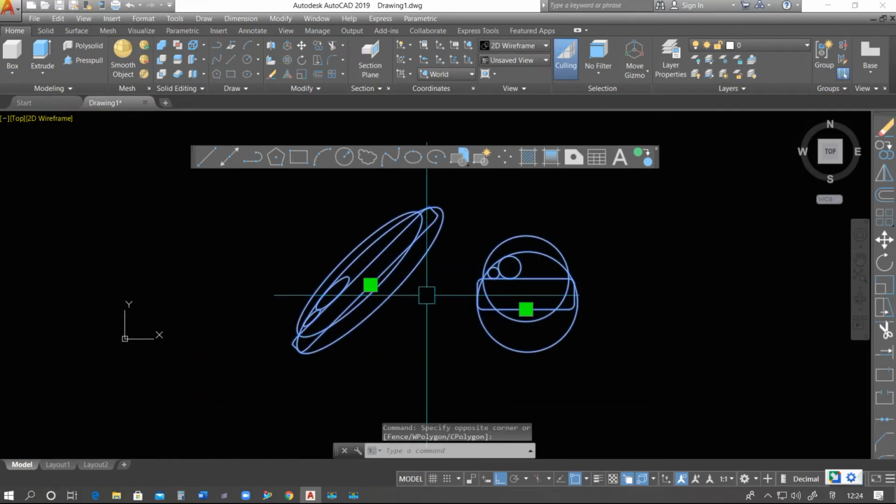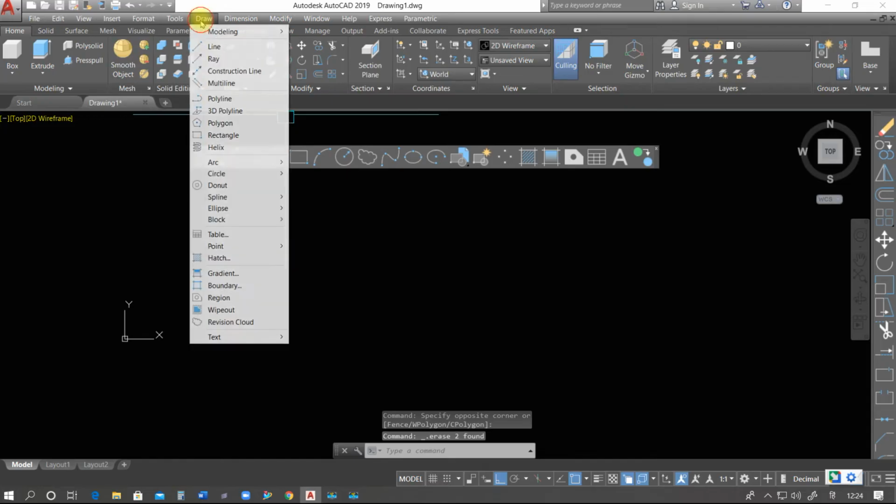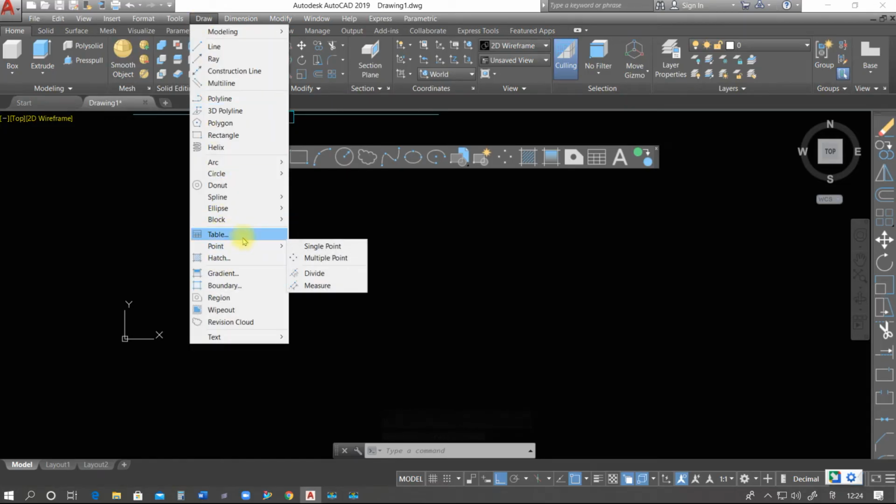Okay, next option we have table. Table generally we use to specify the bill of material of any project. Suppose I want to make some drawing, or I want to draft a single cylinder engine.